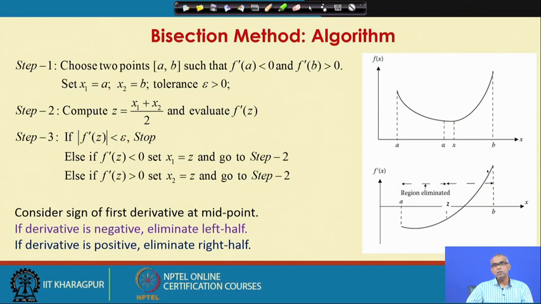Now, let us compute the midpoint, x 1 plus x 2 by 2. Evaluate the first derivative at this midpoint. If the absolute value of this first derivative is less than the tolerance, we have achieved convergence, so stop. Else, if the first derivative at this midpoint is less than 0,